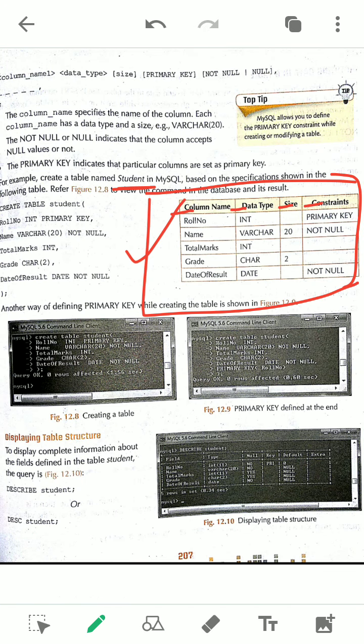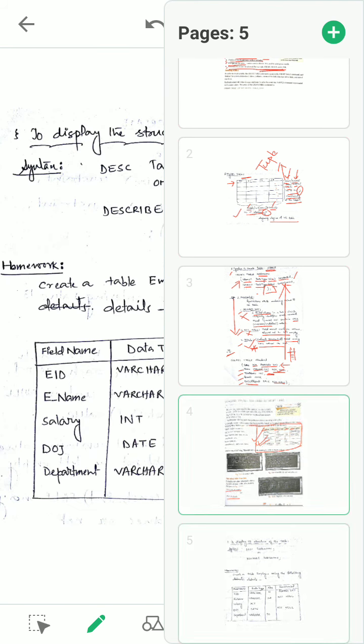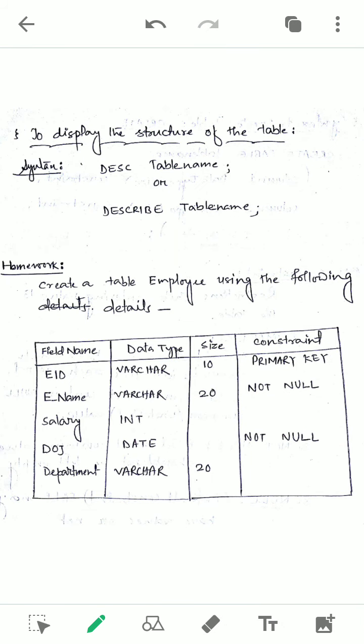These details are given from here. You can see we have followed everything very nicely. After that, if you want to display the structure, this is the structure of the table, all the information. If you want to display this structure on your computer monitor, then what do you have to write? The following command: DESCRIBE keyword or DESC table name can be written. You can see it is given here. To display the structure of a table you have to use DESC table name, this is the syntax, or DESCRIBE the table name.